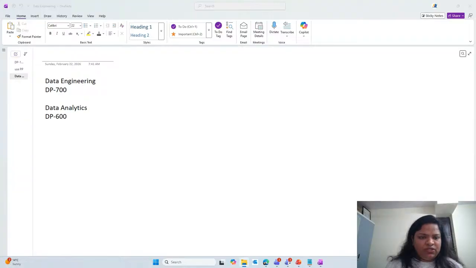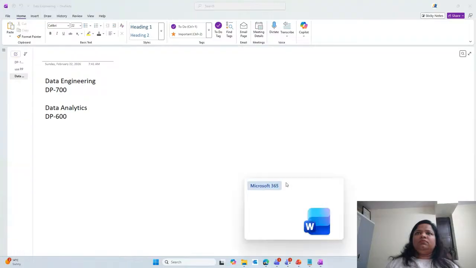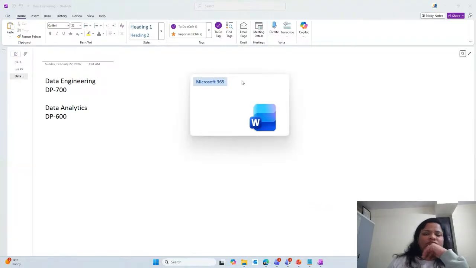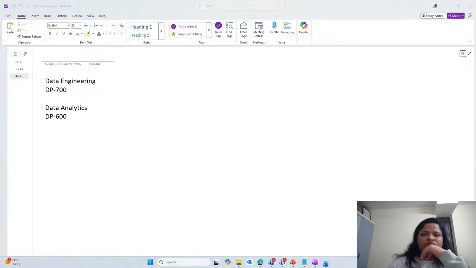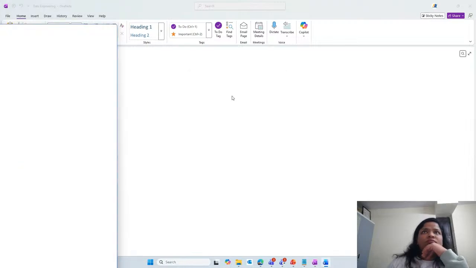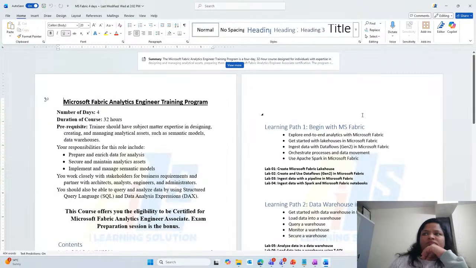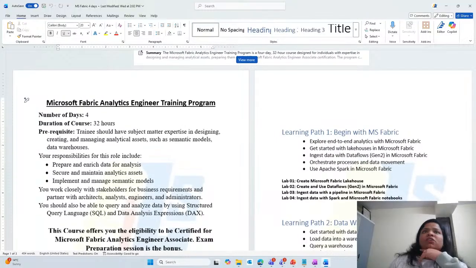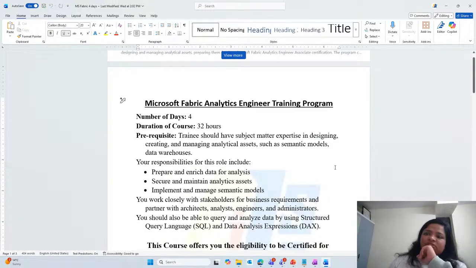I'll just share my screen. Both the DP 600 and DP 700 programs are 4 days at this point of time.